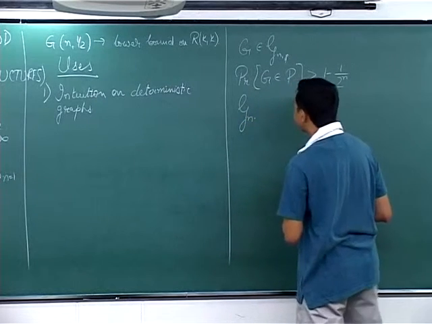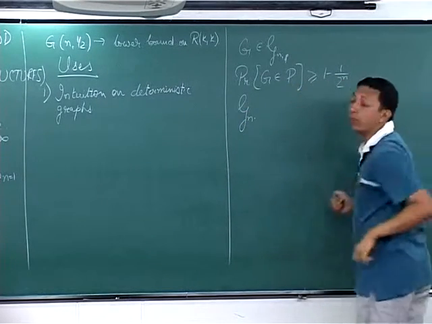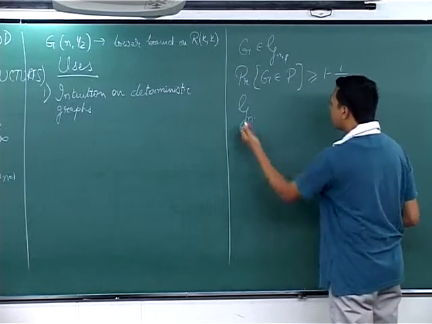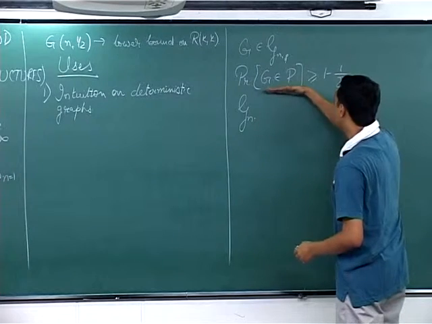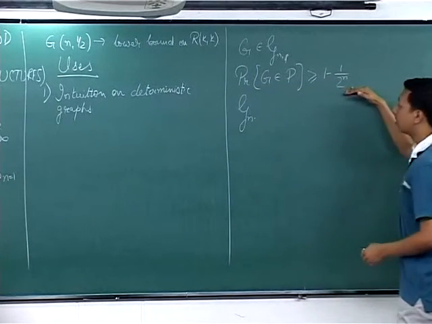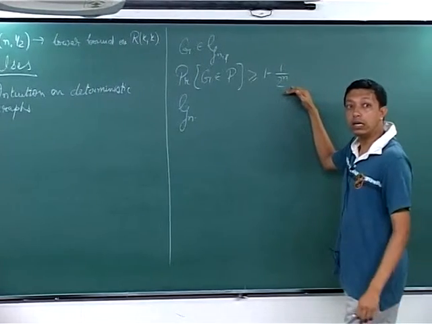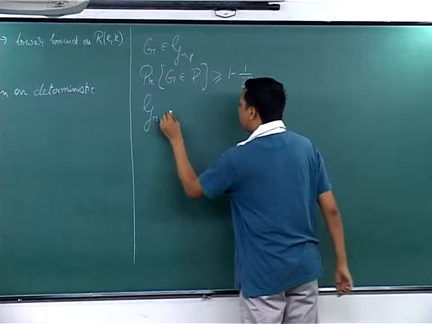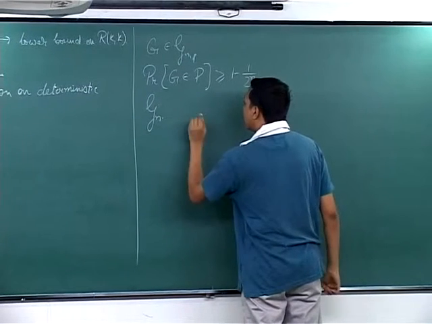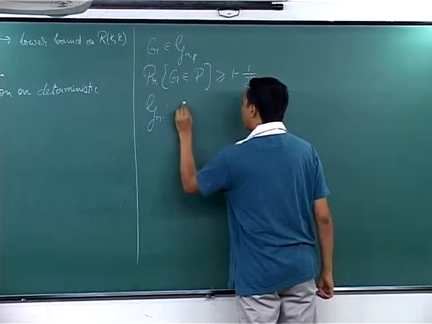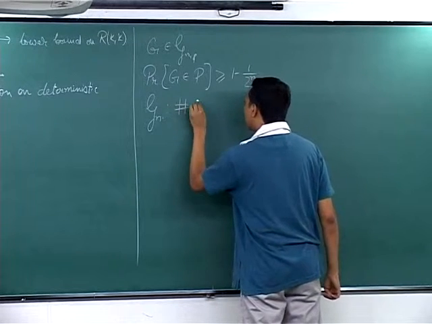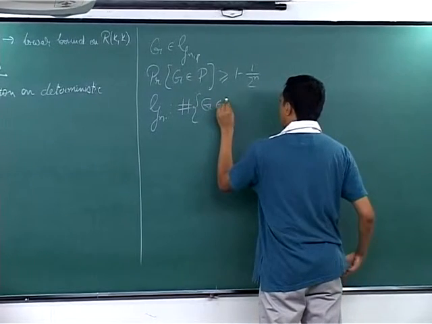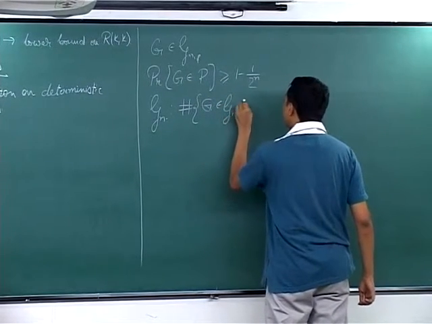In Gn, which actually satisfy this property. So the question is, how many graphs in Gn satisfy this property? From this statement, what can you get? It's just multiplying, right? So, I want the number of graphs in Gn such that